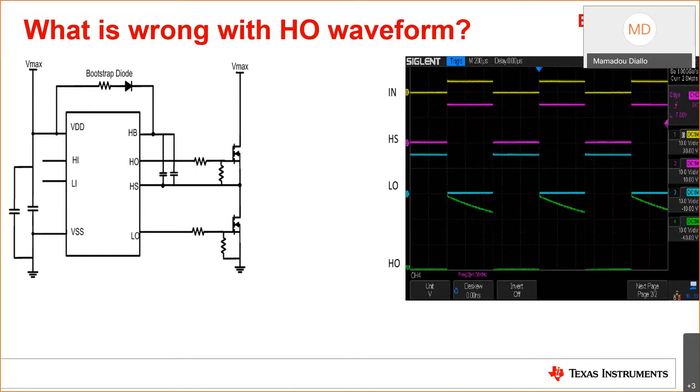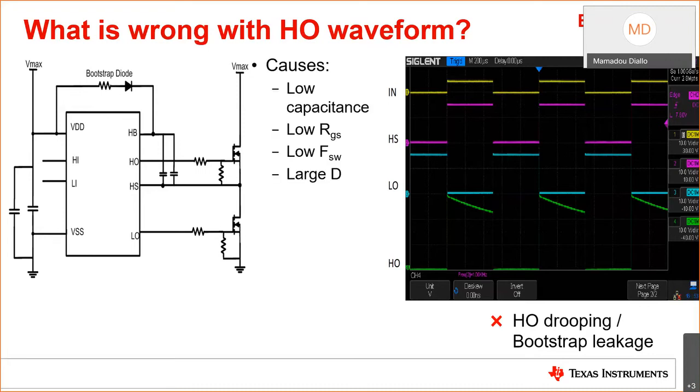This HO leakage can be caused by a combination of many factors, including low boot cap values not capable of storing the required energy to drive the high side FET. Another common reason for this may be related to low gate to source resistance on the high side. And the third probable cause for this might be switching at very low switching frequencies. All of these causes could be leading to heating across the junction terminals of the MOSFET, as well as ripple on the output.